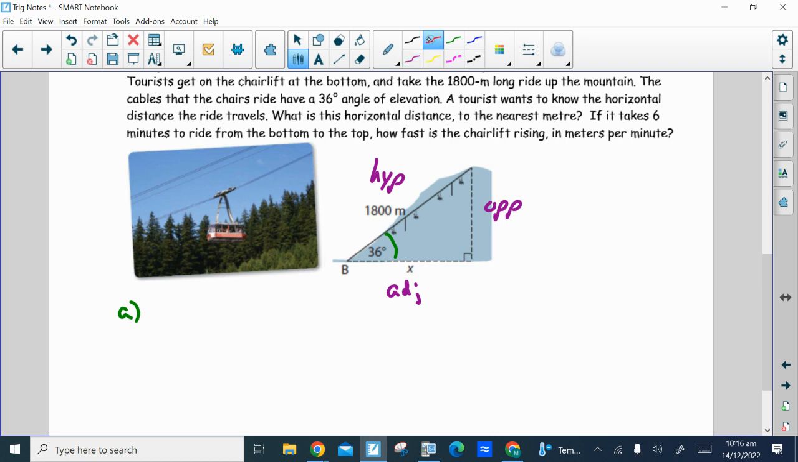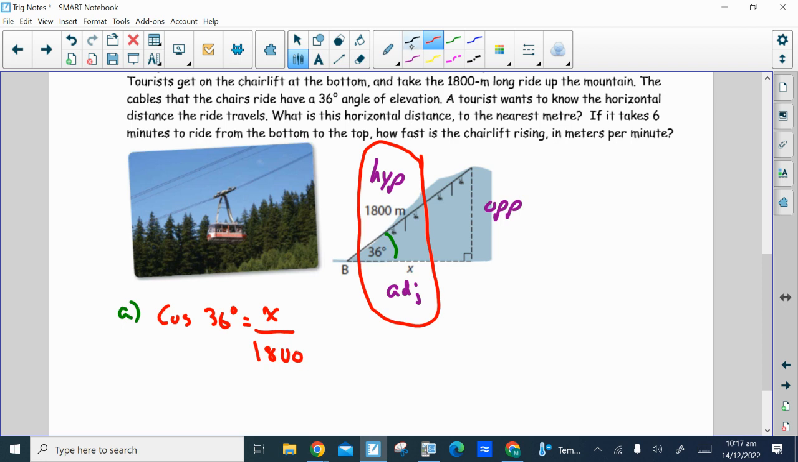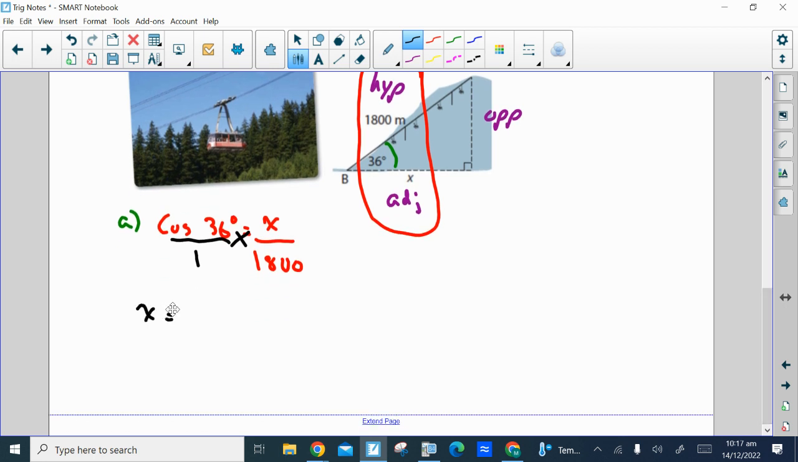So for this first part, we wanted to find out what x, the horizontal distance, is. That means we're using the adjacent and the hypotenuse, which is the cosine ratio. The cosine of 36 degrees, that's our angle. And again, the order matters. The CA part tells us that it's adjacent first, hypotenuse second. Adjacent on top, hypotenuse on the bottom. Make both sides a fraction, cross multiply. 1 times x will equal 1800 times the cosine of 36 degrees